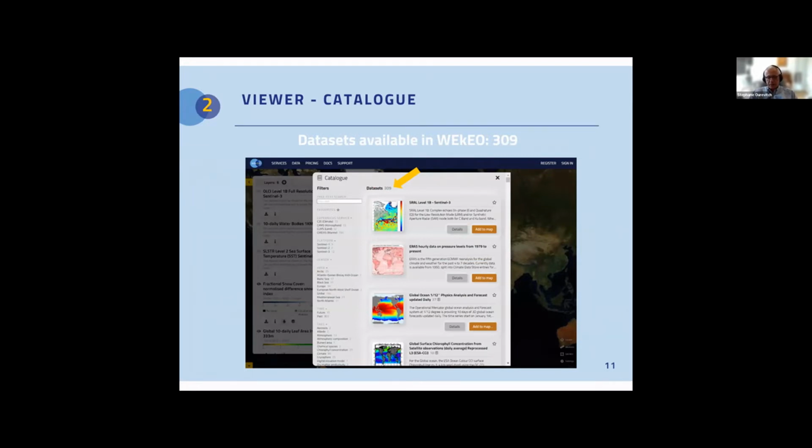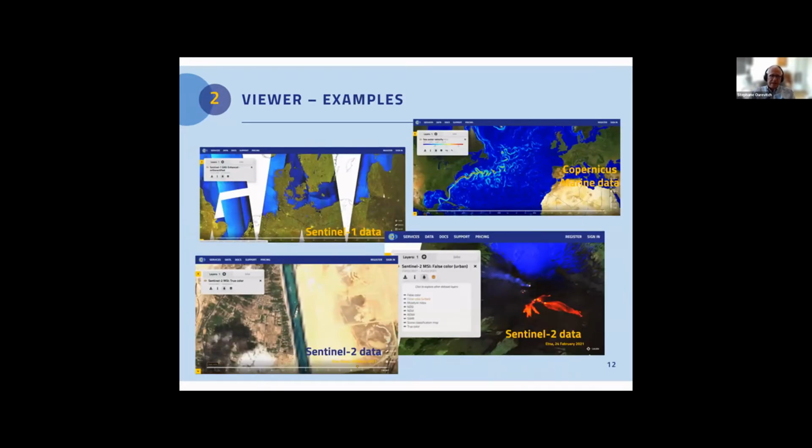The catalog, last time we looked, comprised 309 datasets. And again, these datasets pertain both to atmospheric composition and to land monitoring, at global, pan-European, and local scales. It also includes the data of the Copernicus Marine Service, and the data from all the satellites that I previously mentioned. As I said, there's this beautiful and really easy to use interface.